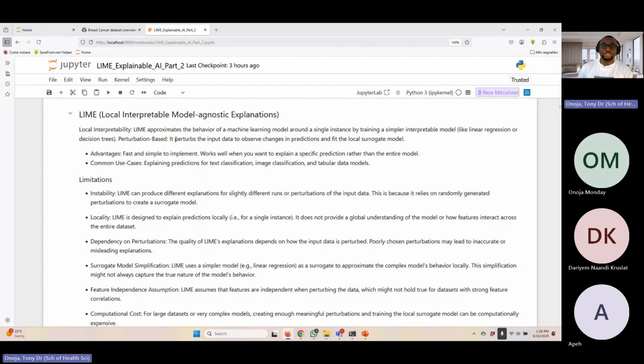Now, the perturbation-based approach: what it does is that it perturbs that particular input data to observe if there will be changes in the prediction, and then it fits the local surrogate model. When we say we perturb something, it is a situation where you try to tweak that particular instance to see how faithful that particular input is in making that prediction. So you try to build some sort of noise around it,